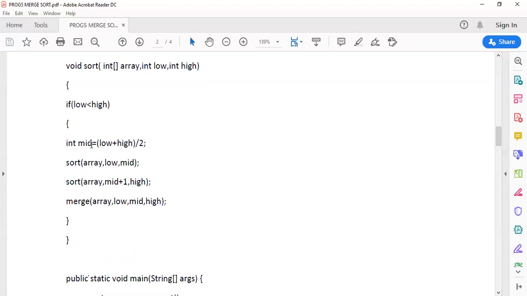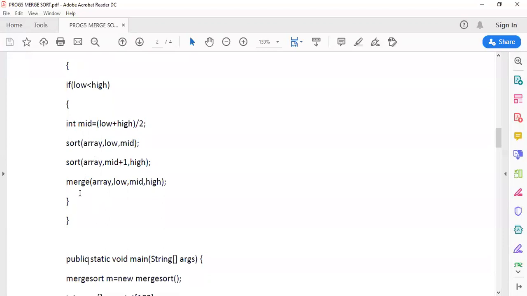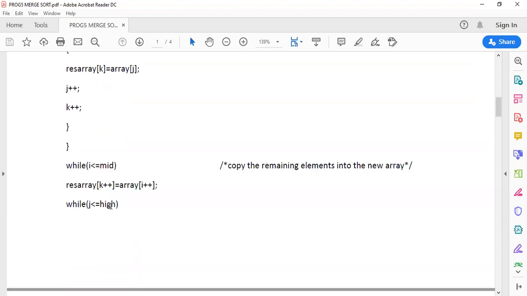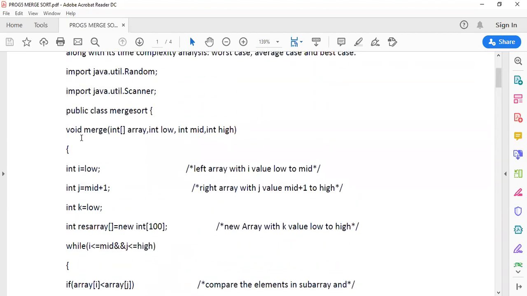First you have to calculate the mid element. Once you calculate the mid element, separate the left array and the right array. After that, this is a recursive call. The sort function is a recursive function. This keeps on repeating until the array cannot be divided further, that is, when there is one single element in the array. After that, when the array cannot be divided further, we begin the merging process. The merging process calls one more member function, that is, this merge function.